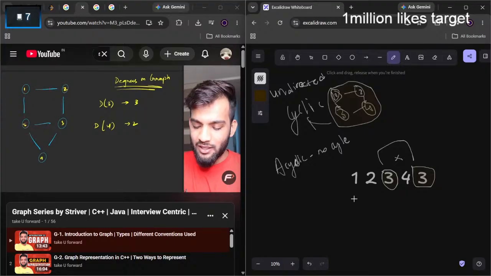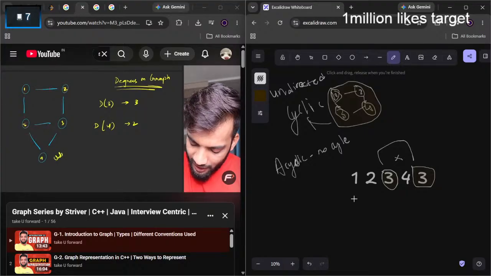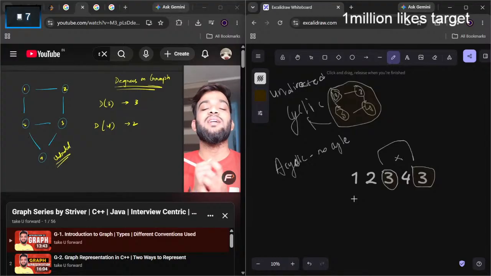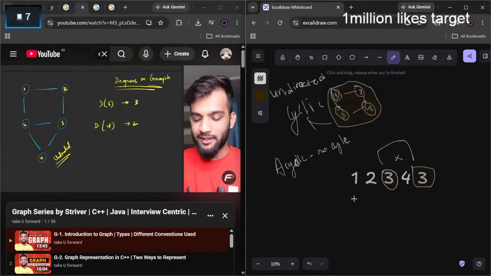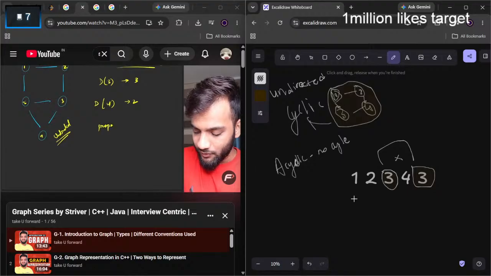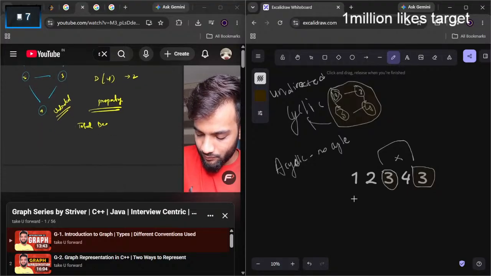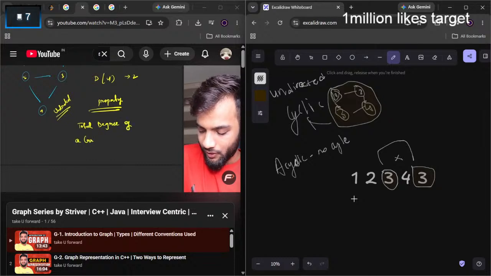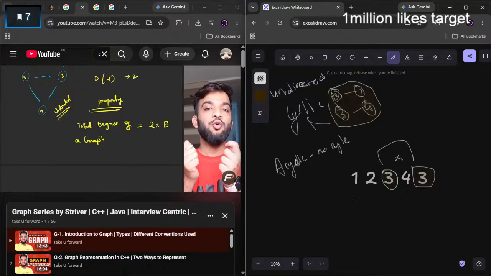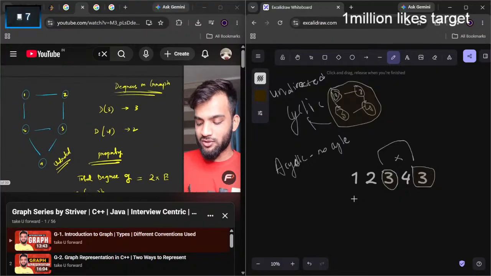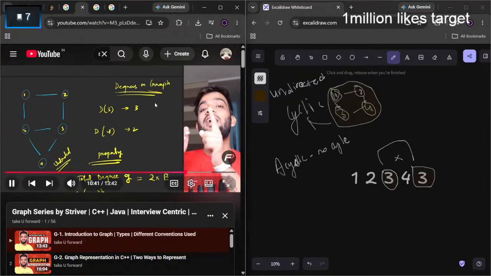So the definition of a degree for an undirected graph, very important, for an undirected graph, is the number of edges that are attached to the node. And there is a property as well. Please take care of this property. The property states that the total degree of a graph is equal to twice the number of edges. Why? Because every edge is associated to 2 nodes. That is the reason. Why? Because every